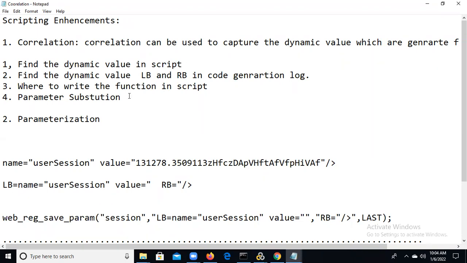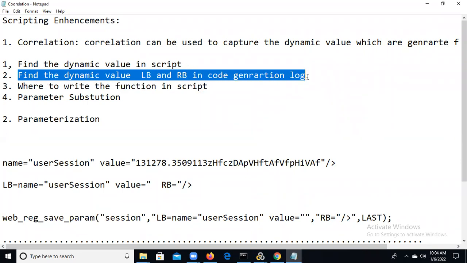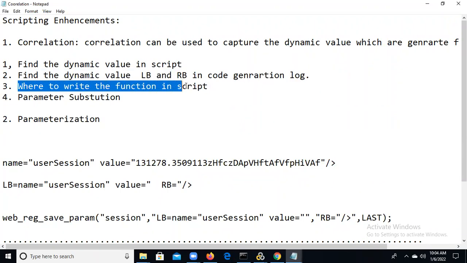Then the second point will be to find the left boundary and right boundary in the code generation log. And the third point will be where to write the function.